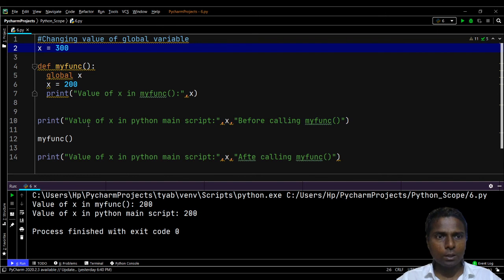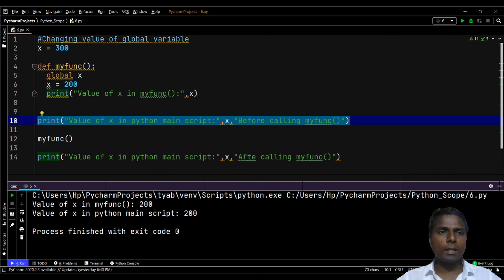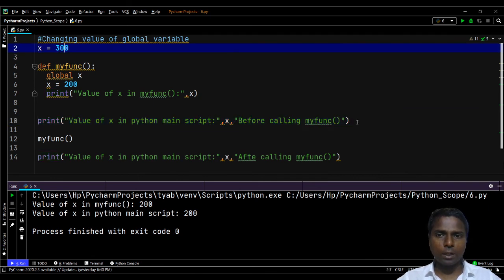So for statement number 10, value of x will get 300, whereas value of x after calling this myfunc function, because of which the global value will be changing, and after calling, if we check the value of x again in the main script, value of x will get 200.